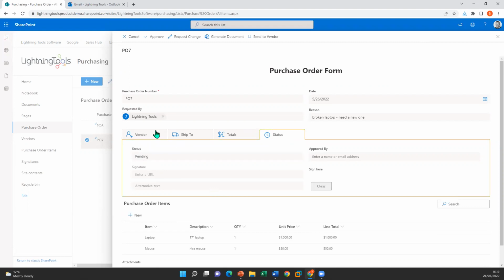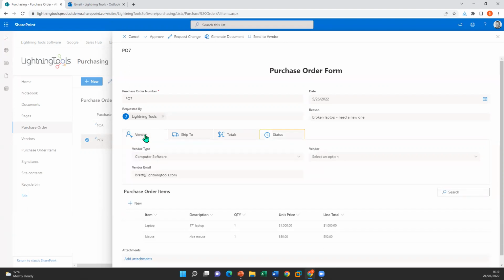So we could come in here as somebody that is an approver, and at the very top here you can see that we have got an approve button. We also have a request change button, and we've got a generate document, which we'll be looking at shortly, and we've also got a send to vendor as well. So if I wanted to approve this, I'm just going to click onto the approve button, and you'll notice that